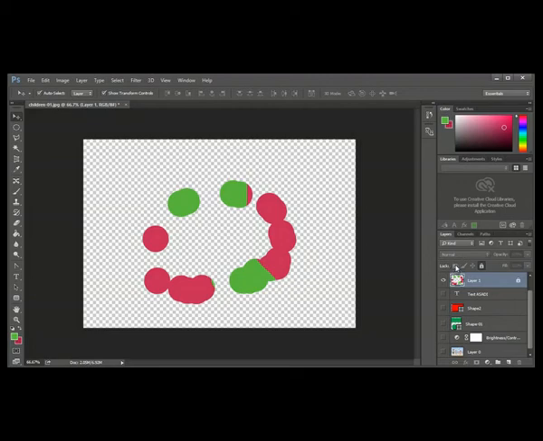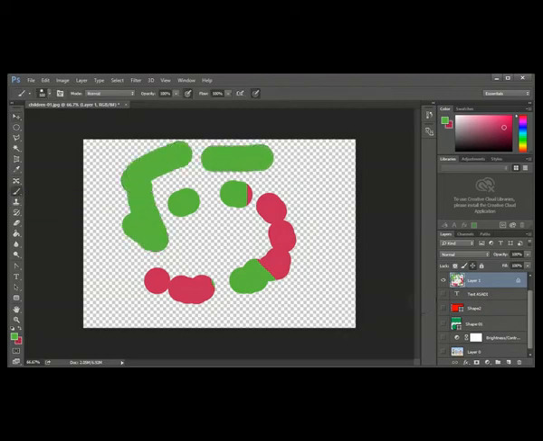When you lock this, you cannot draw anything on this transparent area. When you lock this, you can't draw anything on this, but you can move other objects. When you lock this, you can't move the object, but you can draw. You can draw, but you can't move. This is completely locked. You can't move, you can't draw anything. Okay.